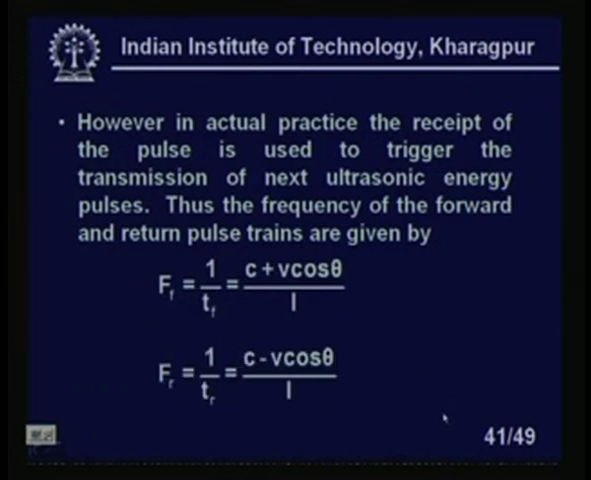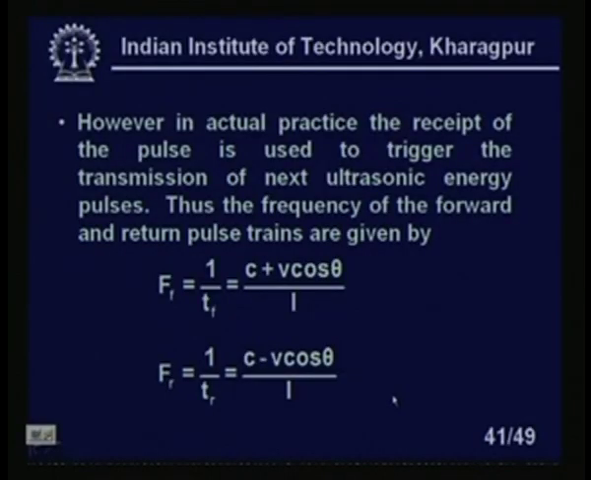However, in actual practice, the receipt of the pulse is used to trigger the transmission of the next ultrasonic energy pulse. This is necessary, otherwise how will the machine know? Whenever we receive the pulse, we trigger some signal conditioning so that it will launch the next ultrasonic pulse to the transmitter itself. Even though that time it is a transmitter, the transmitter where I received the signal from is now the receiver. Thus, the frequencies of the forward and return pulse trains are given by the inverse: ff equal to 1 by Tf, which is c plus v cos theta by L, fr equal to 1 by Tr, which is c minus v cos